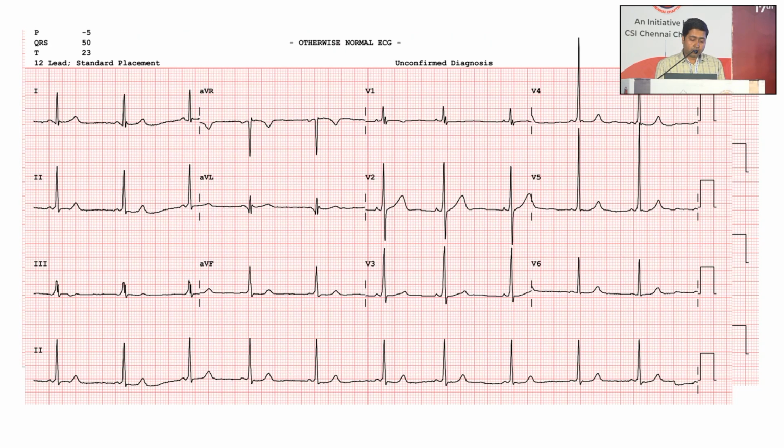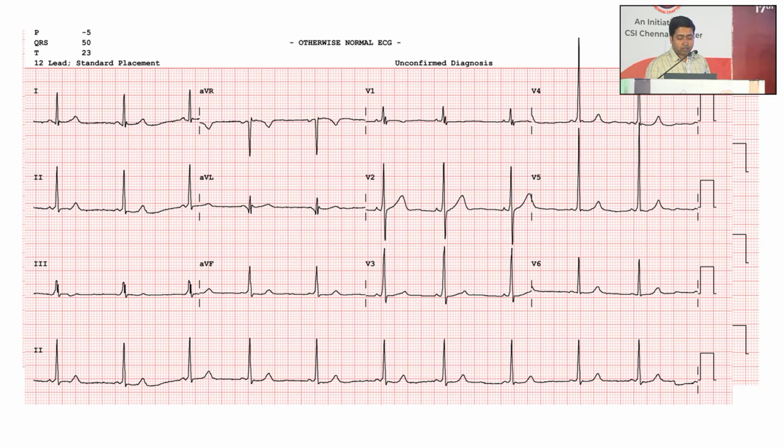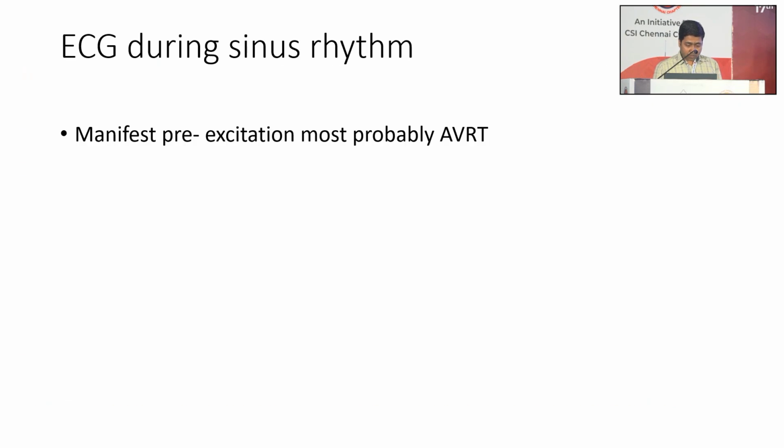So when we reverted this patient to sinus rhythm, it showed a prominent R in V1 as well as an almost isoelectric or negative delta in lead 1, suggestive of a left-sided pathway. Now, coming from the tachycardia ECG to the sinus rhythm ECG, the manifest pre-excitation, if we see